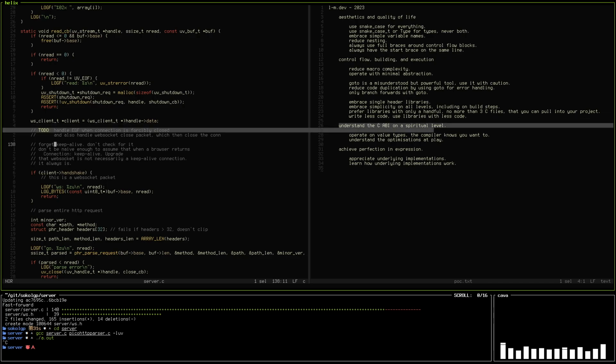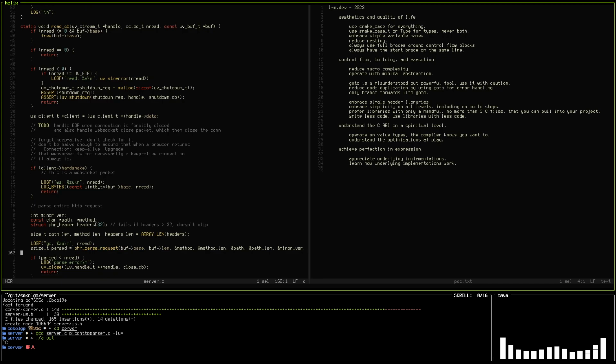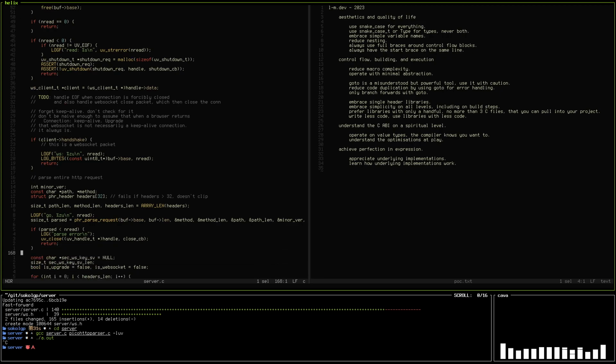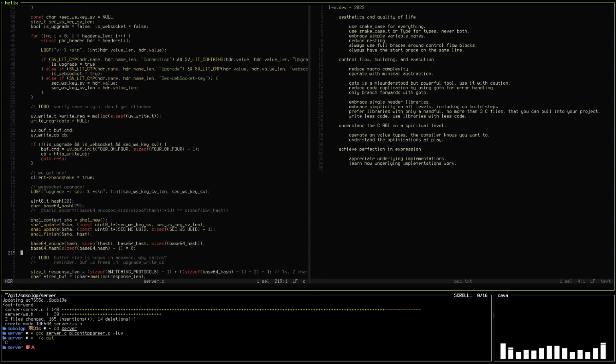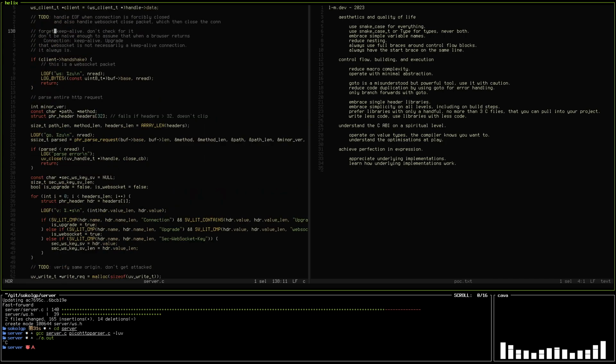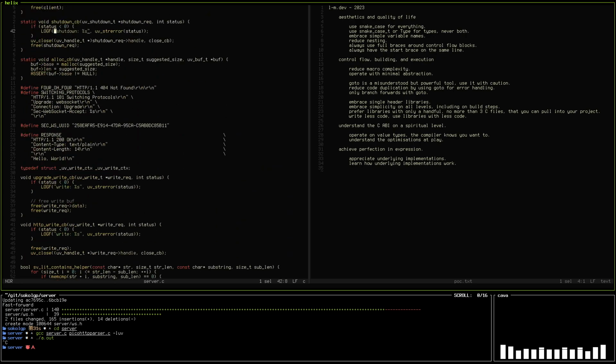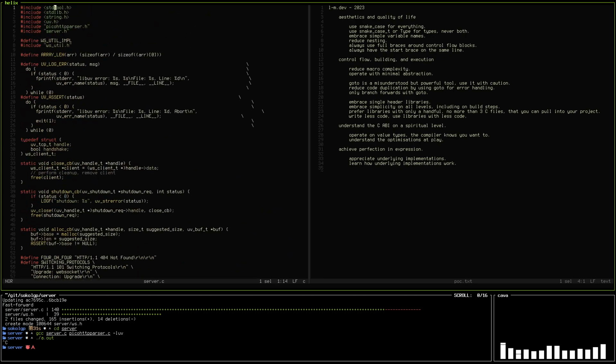All right, this thing. Understand the C ABI on a spiritual level. Now, this goes into understanding how C gets compiled down to assembly and how computers actually work. And this goes into the ABI, the calling convention, compilers in itself, optimisations, and everything. And what you can take from that is a couple things. One, operate on value types. What I often see people do